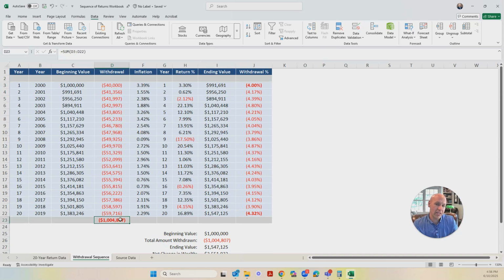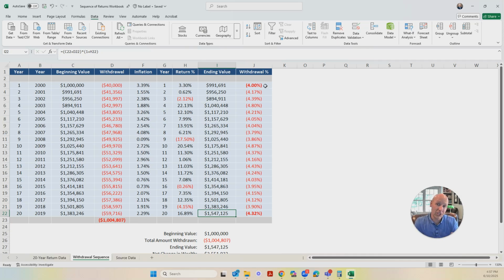Over the entire 20-year period, you took out $1,004,807. But in the S&P 500, or the large U.S. stock example, the ending value in year 20 was $363,000. This is $1.547 million. It grew the $1 million by $547,000, but it actually lost a little bit of purchasing power, which